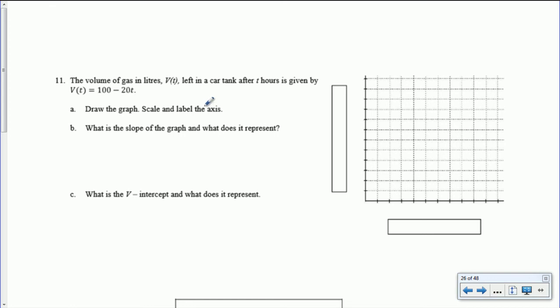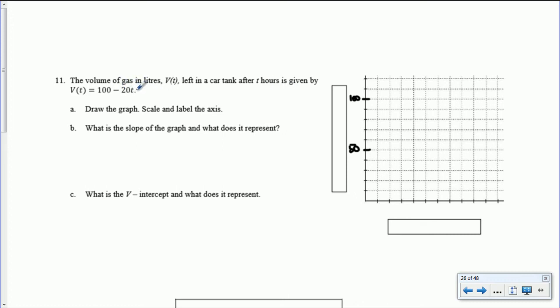Number 11, volume of gas left in a tank after t hours is given by 100 minus 20t. Okay, so we're starting out with 100, so we have 12 ticks vertically. My y-intercept has to be 100, so if I go up to the 10th tick, call that 100, and 5 ticks will be 50, and so on, so 10, 20, 30, 40, 50, 60, 70, 80, 90, 100, and subtracting 20t, so every hour we